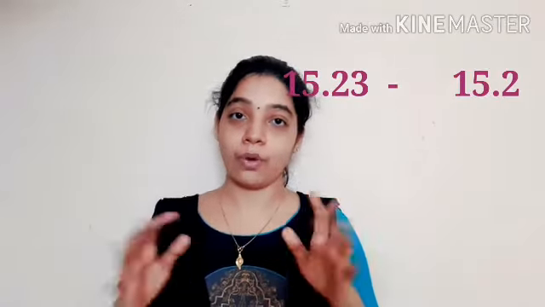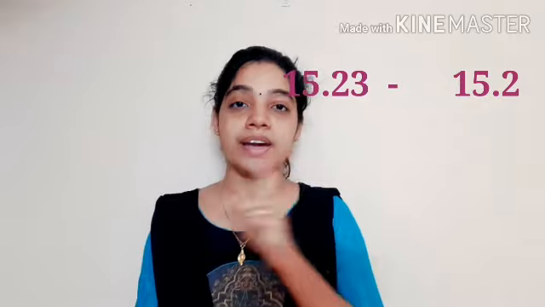After that, just check the digit next to it. It is 15.2. What is the digit which is coming after? 3. So check the number just next to that particular number. It is 3 over here. Check whether that number is less than 5 or greater than 5. If it is less than 5, you just need to remove all the other digits. But if it is greater than 5, you have to add 1 to the last digit after the rounding off. So 15.23, when you round off, you will get the answer as 15.2.